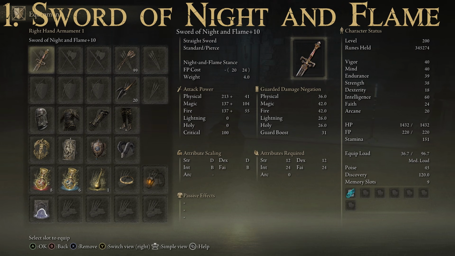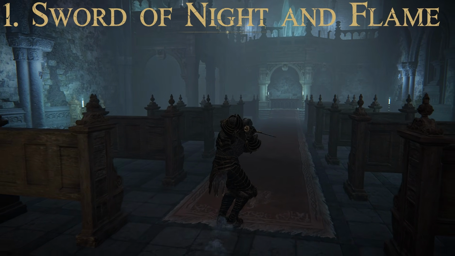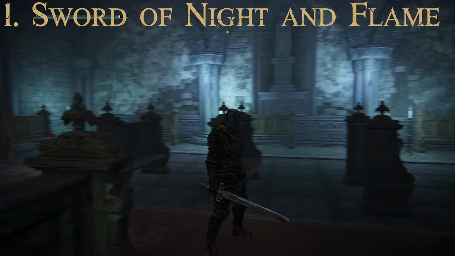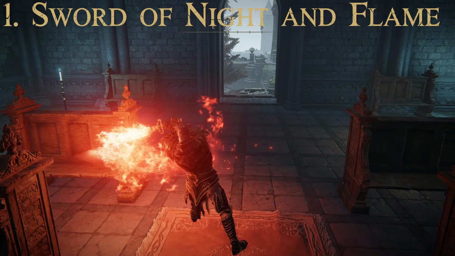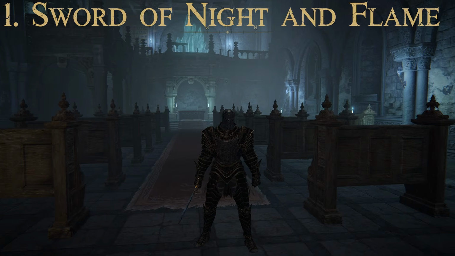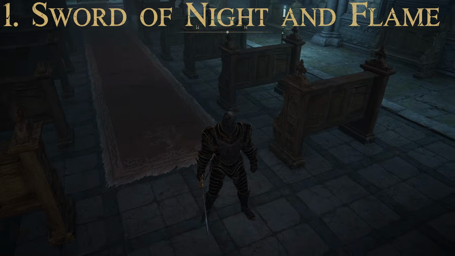And for attack power, it deals a lot of different kinds. We got solid physical attack, magic, and fire. This one cannot be upgraded using Ashes of War, but it does have the Night and Flame stance, which is absurdly overpowered. So for this one, you go into the stance, and then you can either do a quick attack, which is going to be a lot like the Azur's Comet attack, except it doesn't hold like the Azur's Comet one does. And then we have the Strength attack with it, which is just going to be a big old wave of extremely powerful flame damage. So like I said, very powerful weapon,